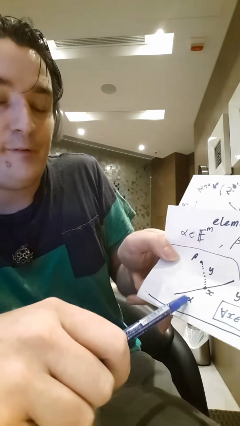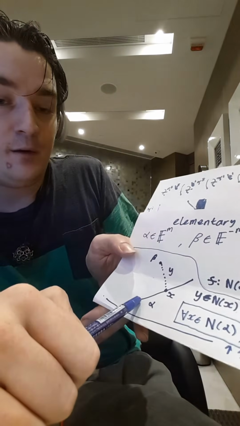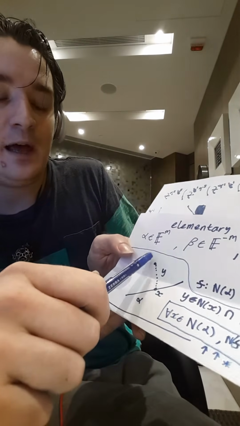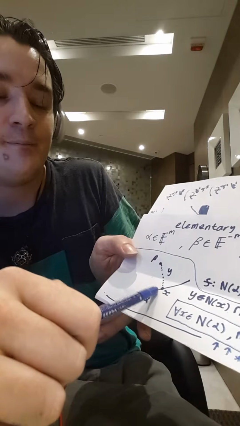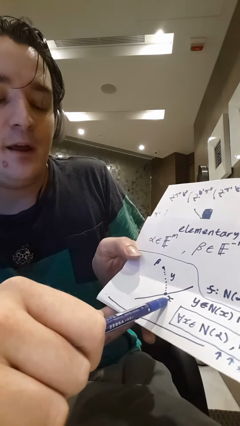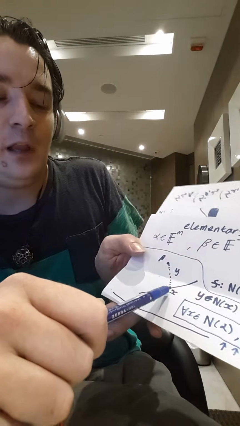Here's our line alpha. We're mapping points on alpha to lines going through beta, and what we want then is the line